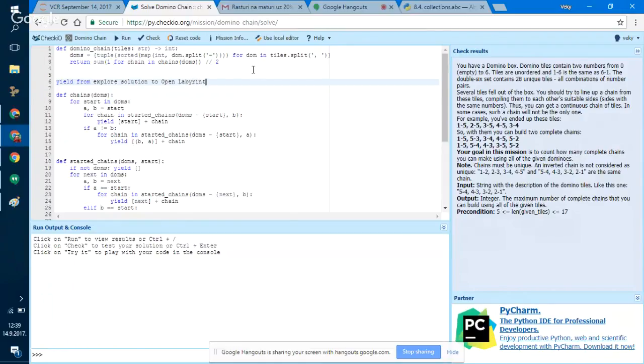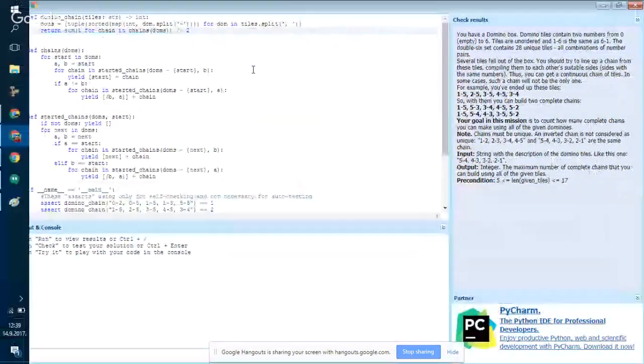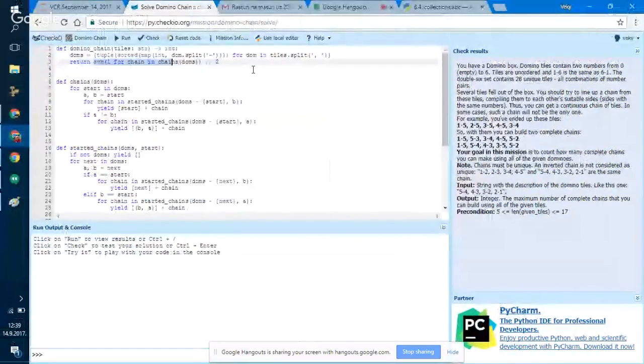Yield from. Yes, I think you have given it some thumbs. It is a classical example of a recursive generator. You just write something that will generate all the chains, and of course, after you have such a thing, you cannot ask for the length of it, but you can just iterate through it in a generator expression and sum the ones. So this just tells you how many objects are in your generator, and then you have to divide it